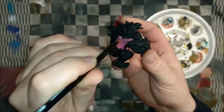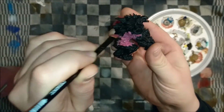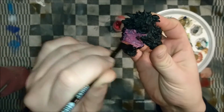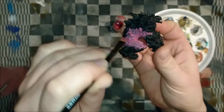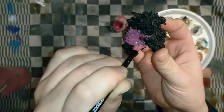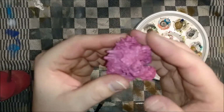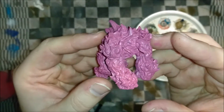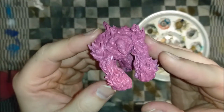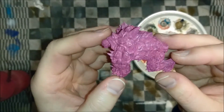Just put it on there. Just spread it out over the whole miniature. Should be easy enough. So when I've done this, and I have a good layer, I'll see you guys back. Now that the Pink Horror color has dried up a bit, we are left with an undercoated pink